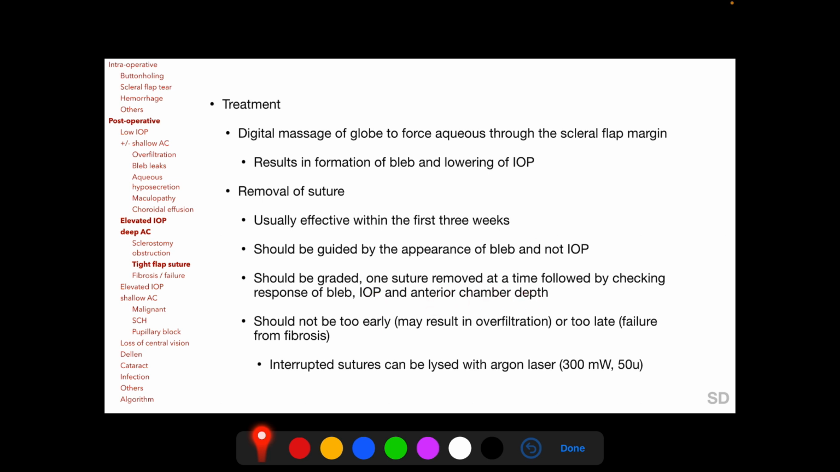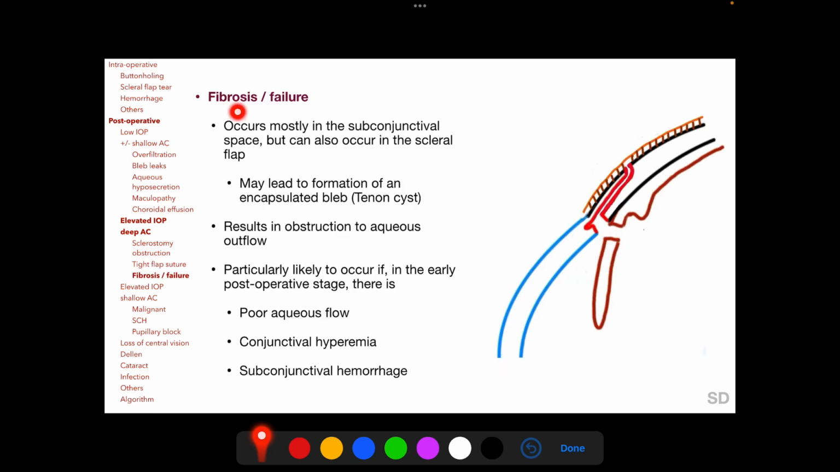Removal of suture should neither be too early, which may result in overfiltration, nor too late, which may result in failure of the procedure. Interrupted sutures can be broken with argon laser through the conjunctiva, and this procedure is called laser suture lysis. Fibrosis of the bleb leading to failure of the bleb to lower intraocular pressure occurs mostly in